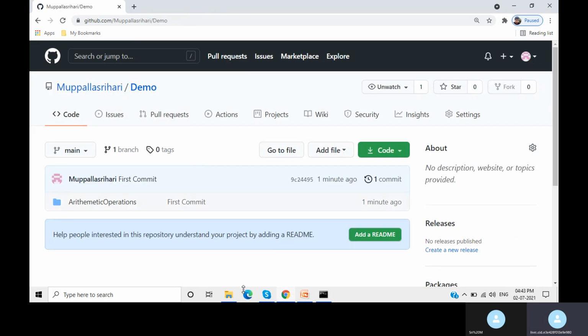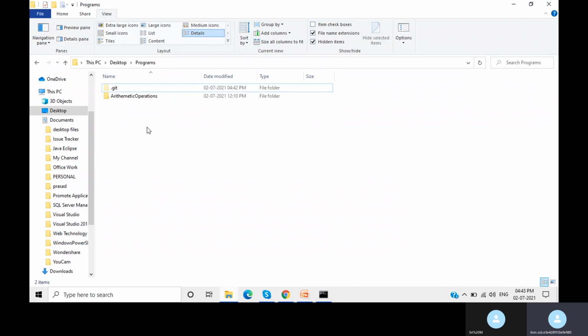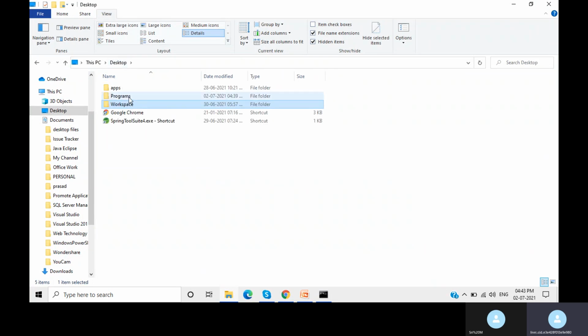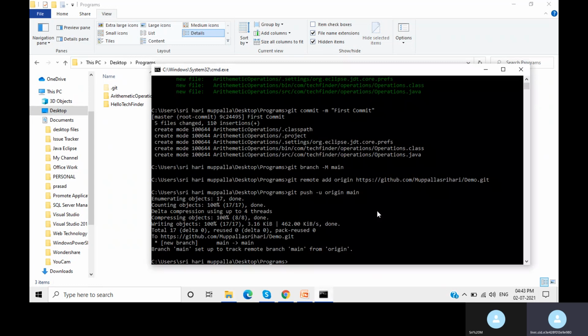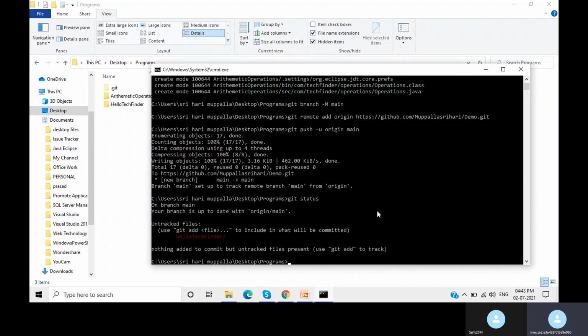Now if you add some more files, suppose for example I am bringing one more file into this. At this time you do not need to reinitialize the repository, and no need to add the remote origin command again. You just have to check git status.